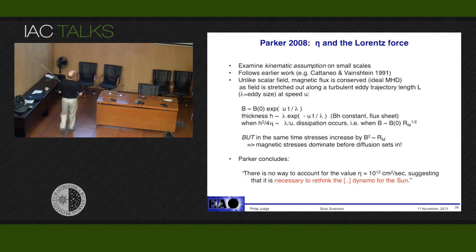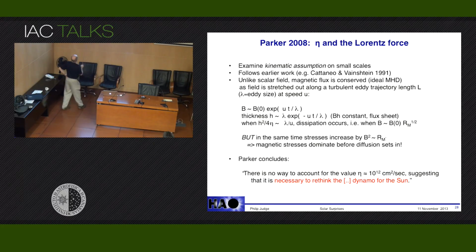And what you find is, as usual, that dissipation, this Rm to the half, always shows up, right? When you do the sums, in his paper he shows you, if you're interested, you should read it. So when this gets to a length scale or a thickness scale, such that we have this term,